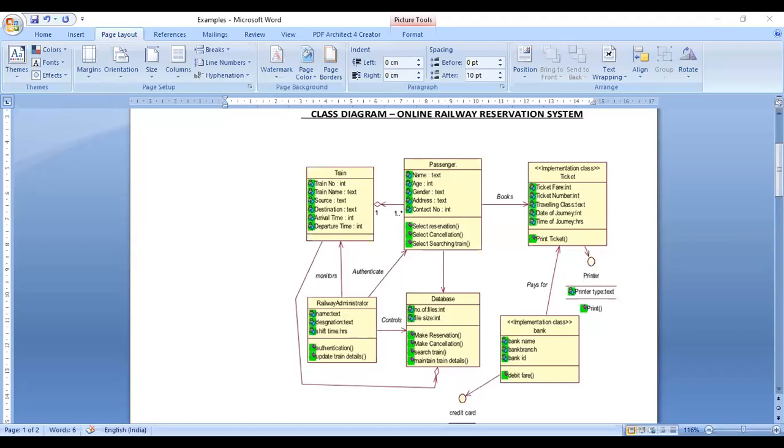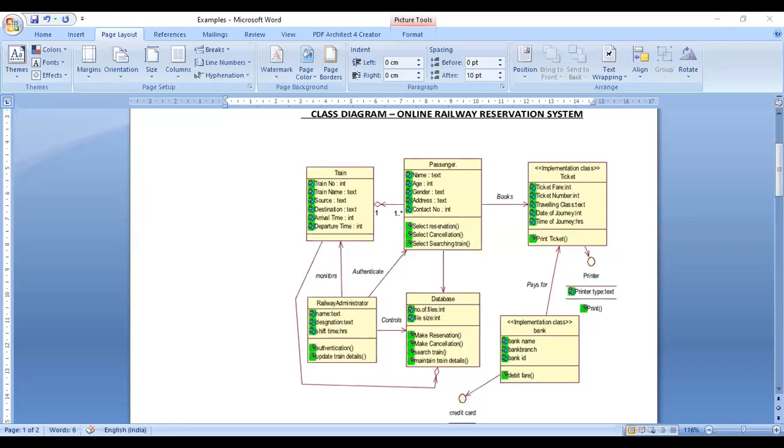If the name is passengers, then this total module or this total page is related to a passenger. If we look at tickets, then this total module is related to tickets. So the name itself shows the responsibility and the job of that particular module. So in designing, the name also plays an important role in a project for a particular module.